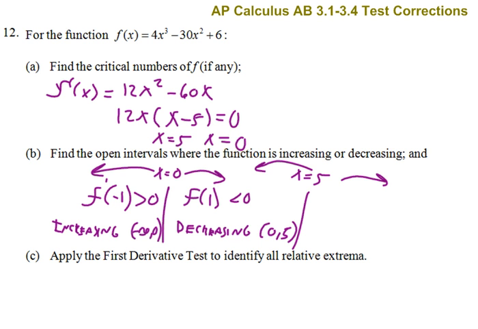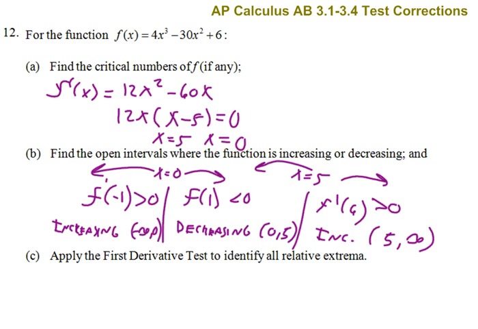Okay, and last but not least, what happens past 5? Well, let's just do 6. So f prime of 6. If I do 6 squared and multiply that by 12, that's going to be bigger than 6 times 60. So that means this is going to be positive, which means that it's increasing from the interval of 5 to infinity. Okay? So increasing on these two intervals, negative infinity to 0 and 5 to infinity, and decreasing